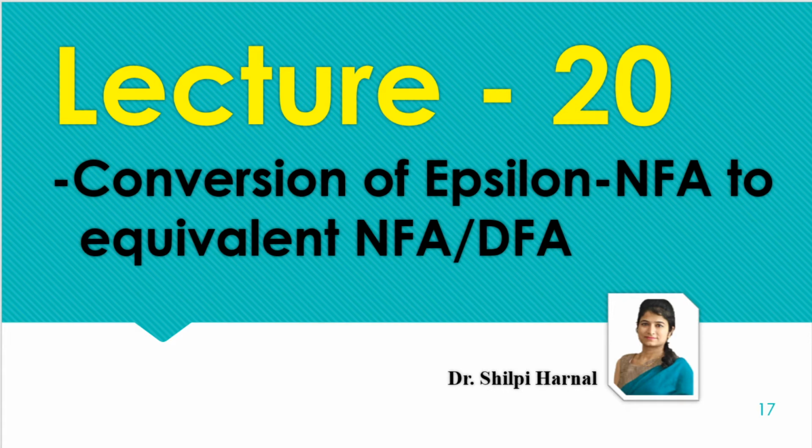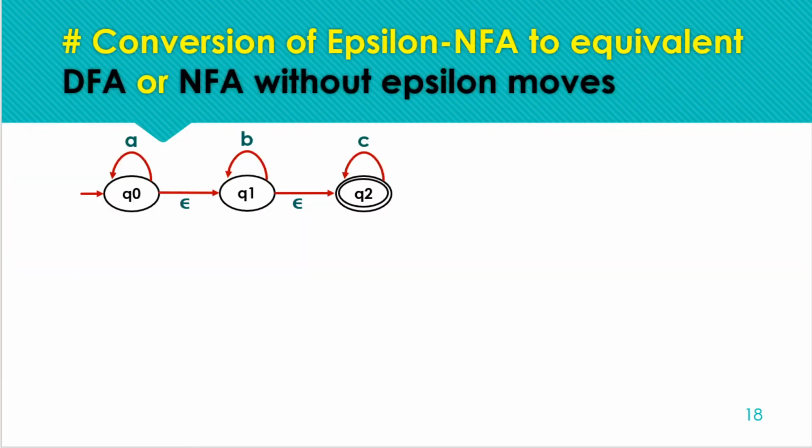So we are starting with the procedure by taking an example. Here is the example of an NFA with epsilon closure. The regular expression for this was this. We have covered this in detail in the last lecture. So this is a star, b star and c star. Now this is the NFA with epsilon closure for this given regular expression.